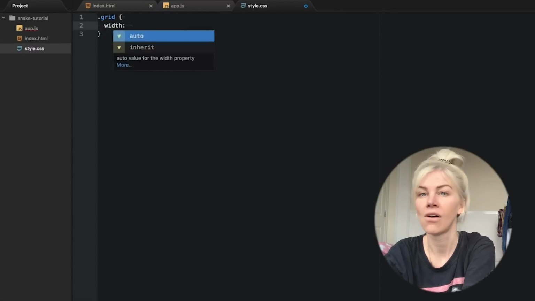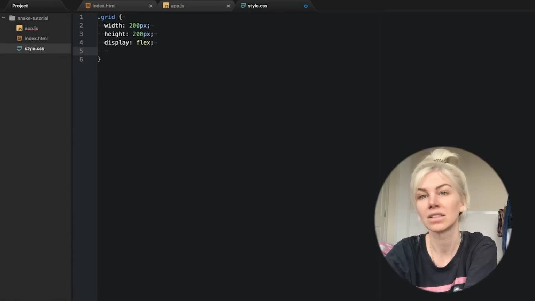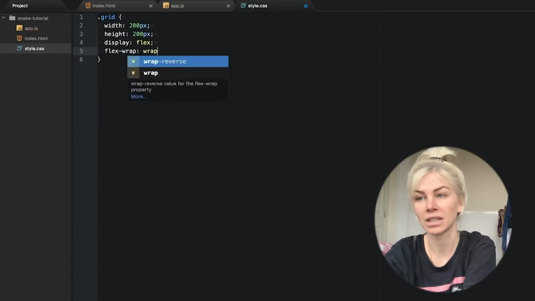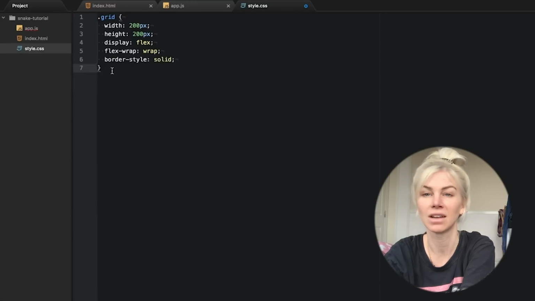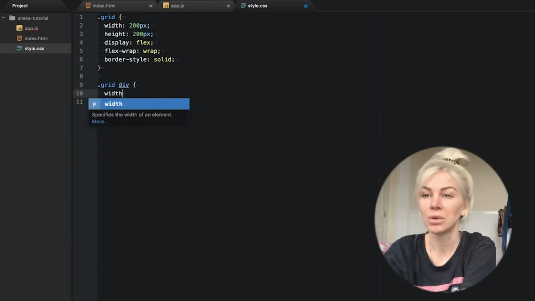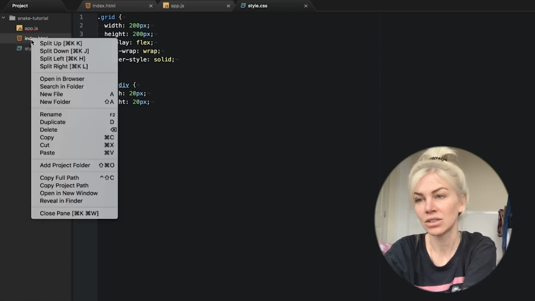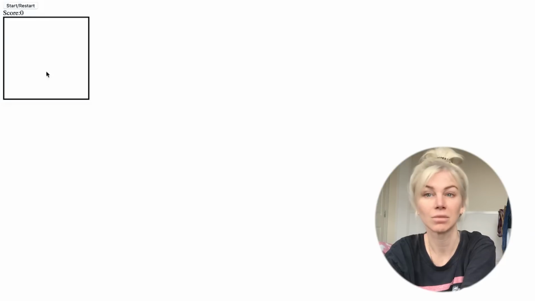Now let's make our grid actually look like a grid by flipping over to our style sheet and adding some stuff. Using .grid, I am looking for a class name called grid. This is what the dot essentially means, class name. I'm going to make my grid 200 pixels by 200 pixels and make sure the divs fit into this grid by using display flex and flex wrap. Now we're going to give each of the divs in our grid a height and width of 20 pixels. This is simply so that they fit into our 200 by 200 pixel grid, making sure there's only 10 of them each way.